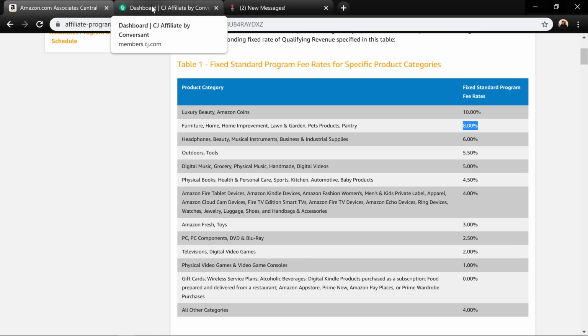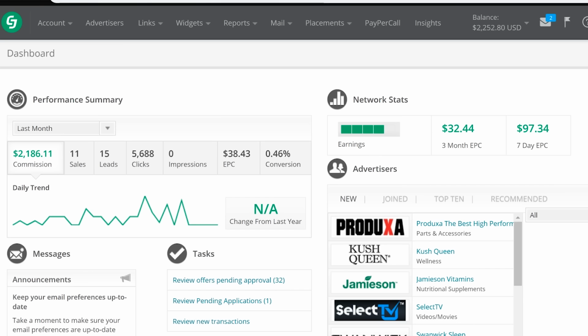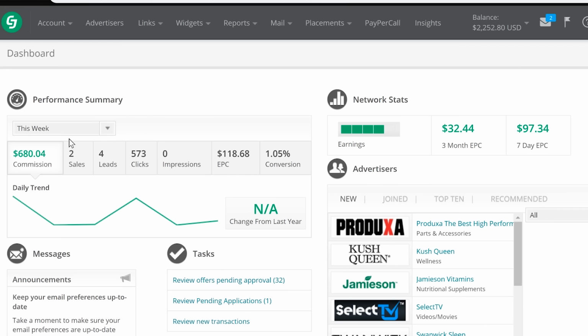So let me actually take you over to this tab here, which is going to be CJ. So this is Commission Junction. I believe they just call it CJ now. I think they just dropped the whole Commission Junction thing. But it's CJ.com. Once again, they're not paying me to say this. This is just something that I use quite a bit. And so this is actually the account for this channel that you're watching here. We don't have a lot of affiliates on here, but as you can see in the past week, $680 from just a couple of products that we've been promoting. And I'll click refresh here.